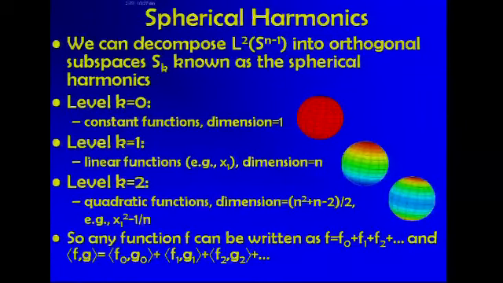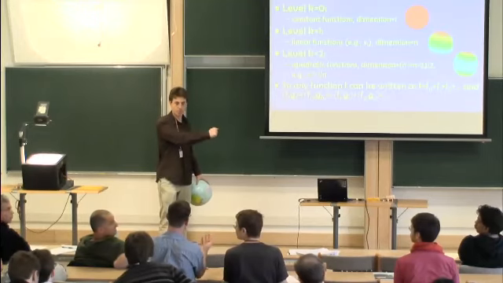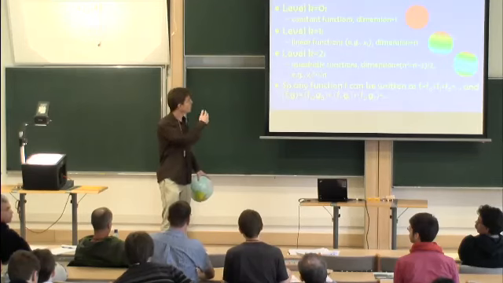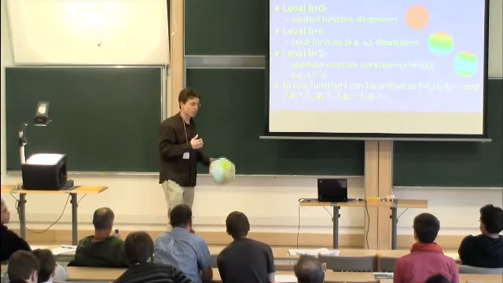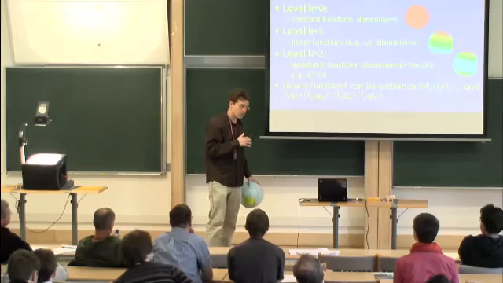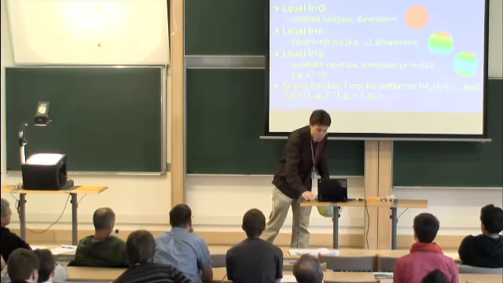How many levels are there? That's the nice thing about spherical harmonics: k goes all the way to infinity. It's like a Fourier series. Because we're in a continuous setting here, there's an infinite number of levels, and that makes some things cleaner, but also some other things not as nice. There's no limit on k.